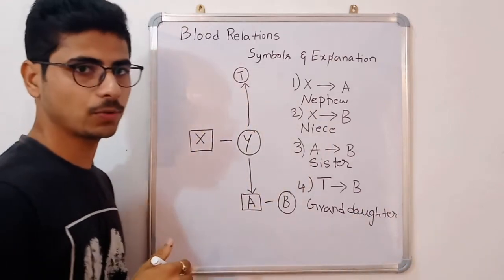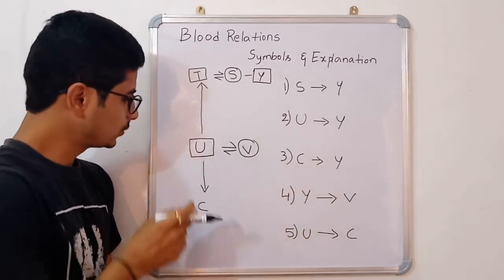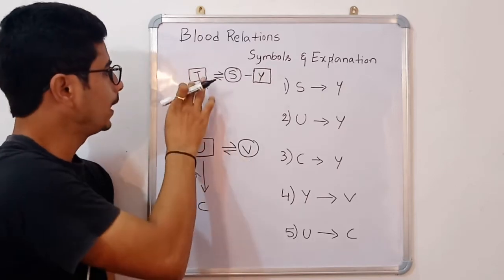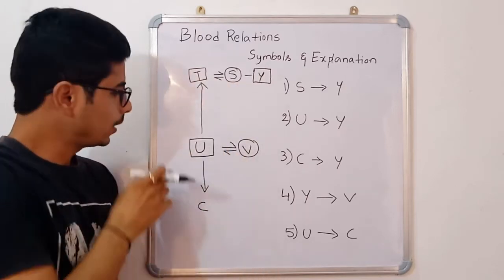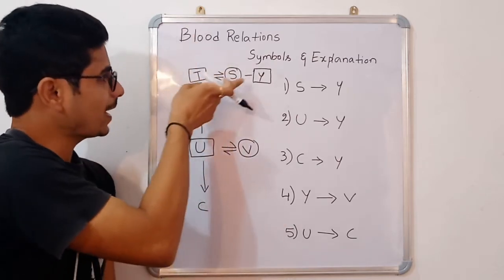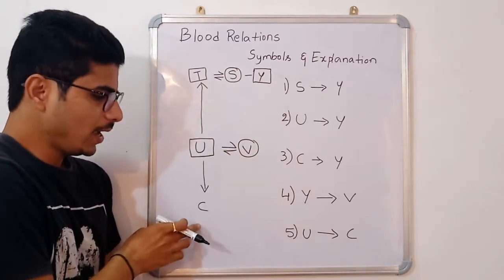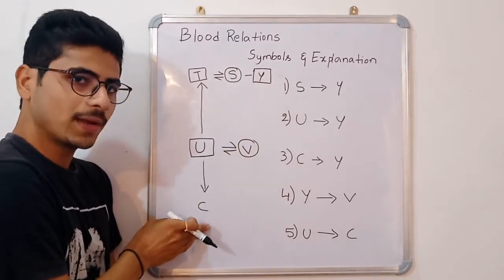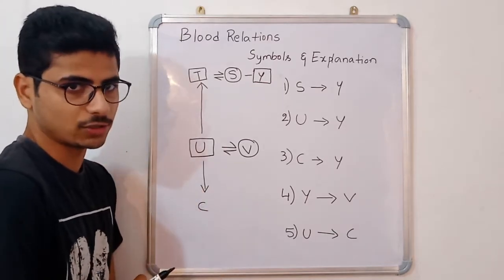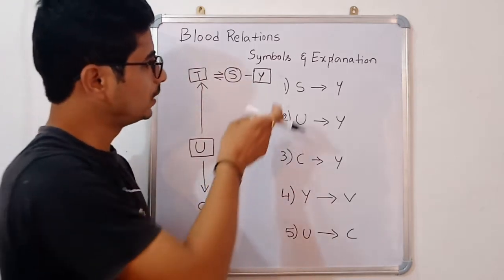Okay, we'll see one more question. First we need to analyze it. After that we need to solve these questions, right? So we have two married couples over here. U and V are one married couple. T and S are one married couple. So this E has a father and mother who are T and S. This S has a brother who is Y. So these both have a child, but we don't know whether this is a male or female, but they have a child, right? So this down arrow represents -1 generation. Son, daughter, cousin, right?